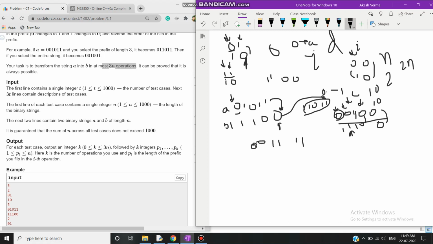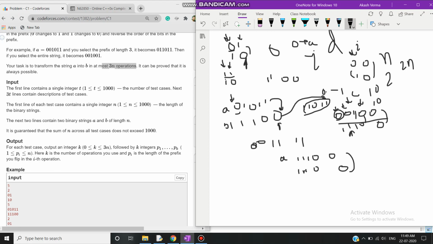Now A will become 1 1 1 0 0, and B is 1 1 1 0 0. You can see A and B are the same now, so come out of the loop.